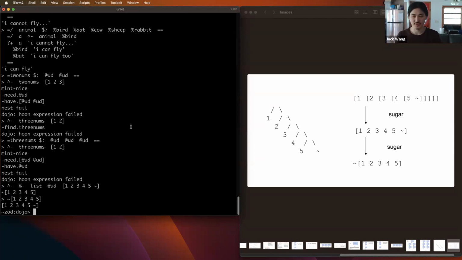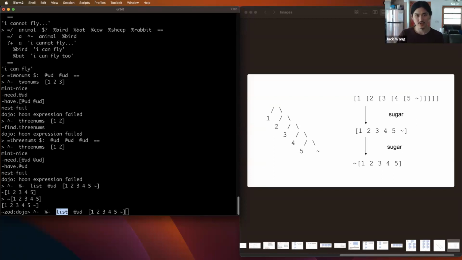So let's try to parse this expression a little more. So what's going on here? We should notice this cenhep again, right? What does this mean? This means we're calling a gate, right? And in fact, this term list is actually,